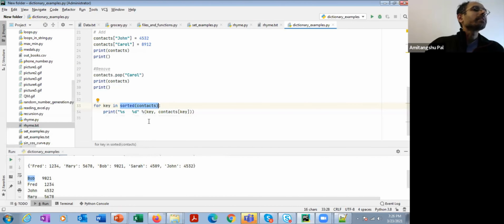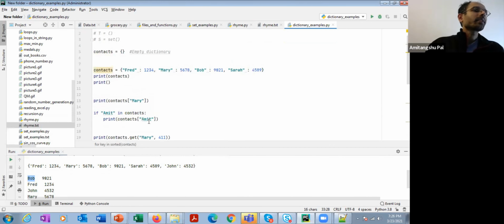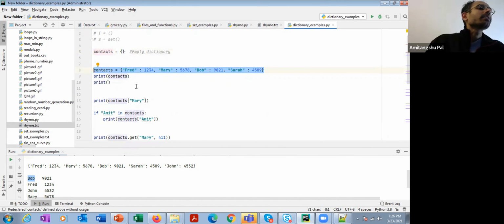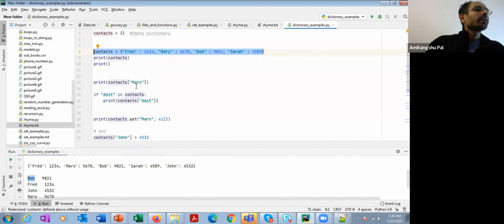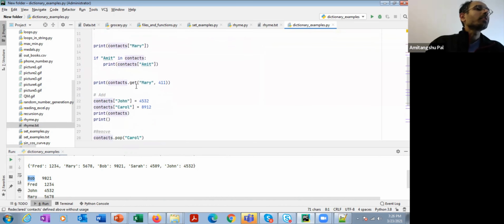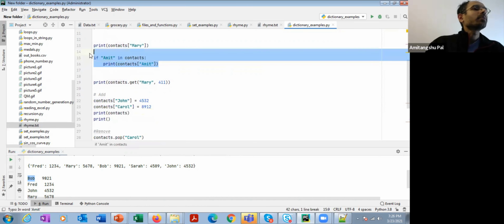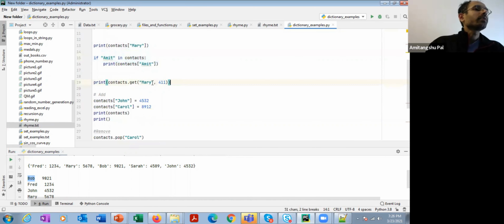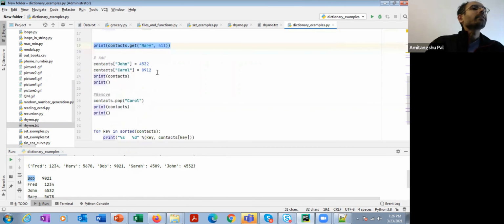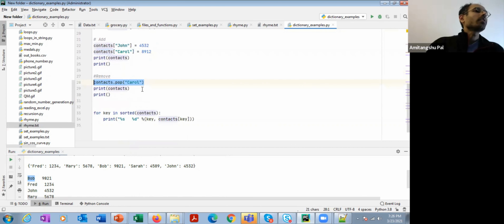So these are some basic functions of a dictionary: how to declare an empty dictionary, how to initialize the dictionary that consists of different key value pairs, how to access the values corresponding to different keys, how to use the get function, how to add more contacts, and how to remove contacts.